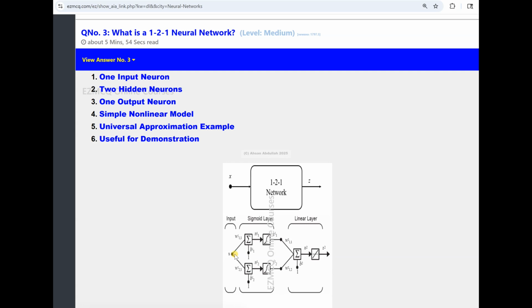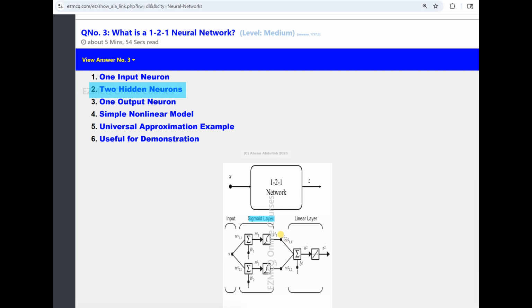So the hidden layer has two hidden neurons. I'm sorry, I should have highlighted it. So two hidden neurons, each applying a weighted sum and activation function to the input. Weighted sum and activation function. Looks like a sigmoid. Yeah, it is sigmoid. And it introduces the learnable parameters. So what it does is allow the network to detect simple patterns and relationships in the data. Simple patterns, because it's very simple.